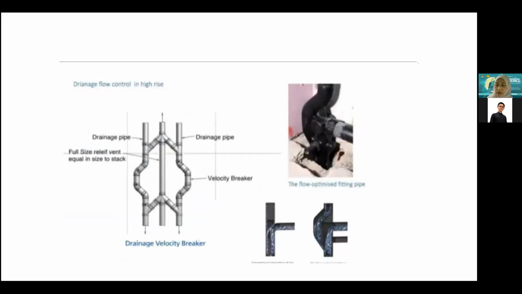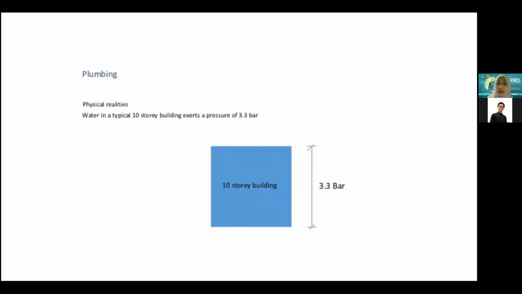ventilation. Because of the pressure, when we are in a tall building, it's not only our ears that feel pressure when we go up in the lift, but the pipes too. That is why in some of our staircases, if you look, there is a void there. It's to pressurize. There is a void beside our staircase, a shaft from the bottom all the way to the top, so that it controls the pressure in the building. Okay. That is why sometimes the physical reality in terms of plumbing is based on the story, the height of the building,